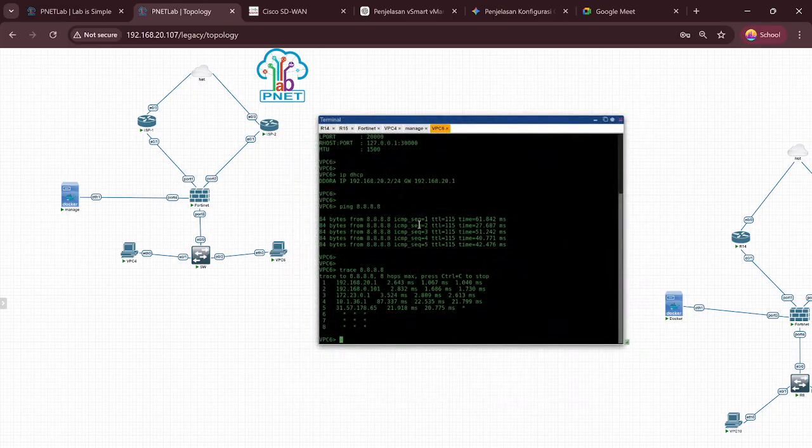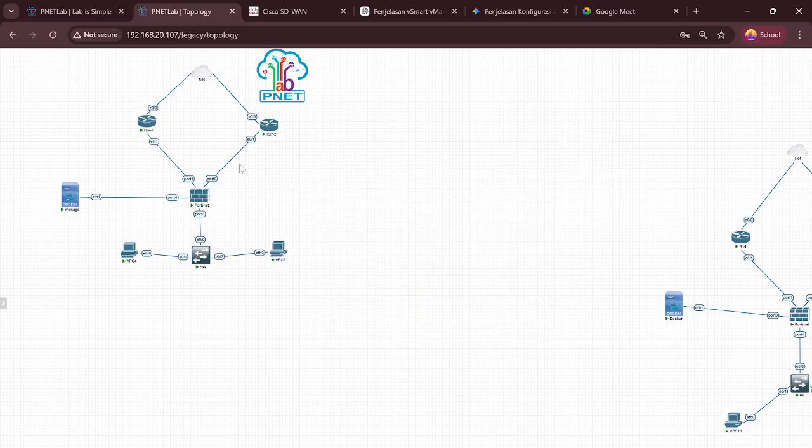Okay, VPC6 or VLAN 20, trace. The traffic from 192.168.0.101. This is from ISP2.